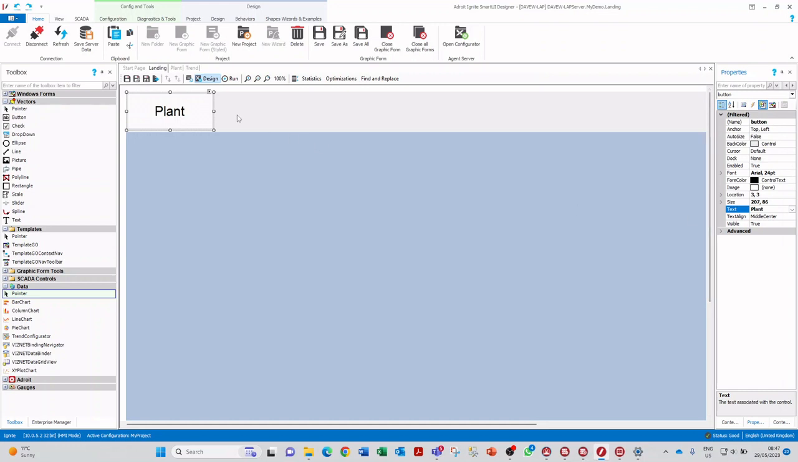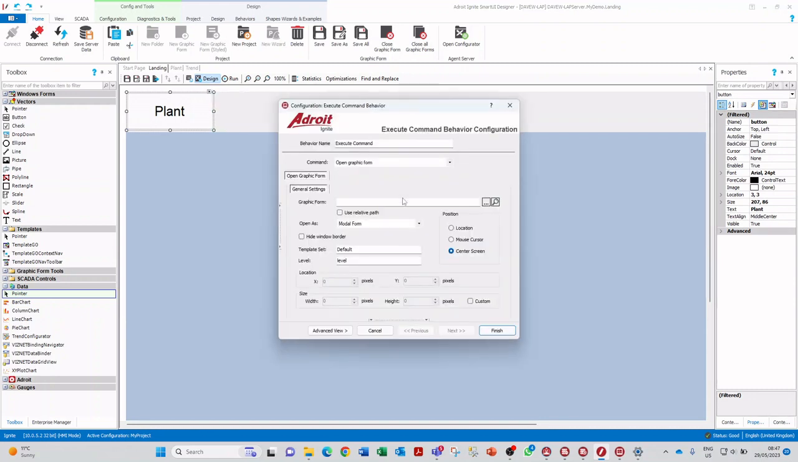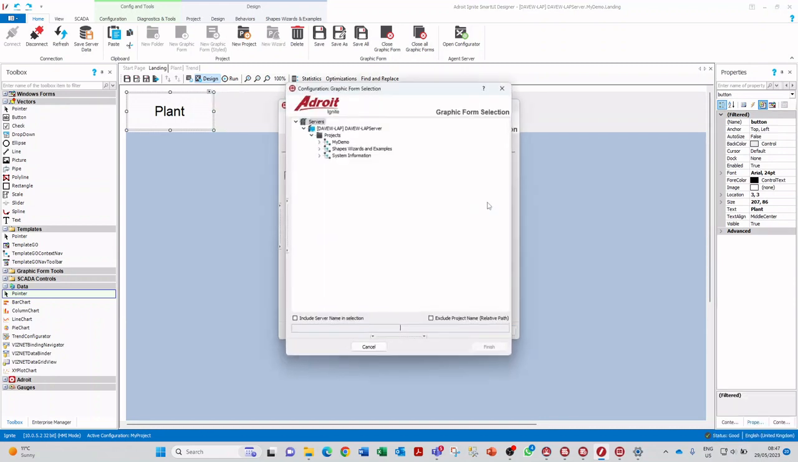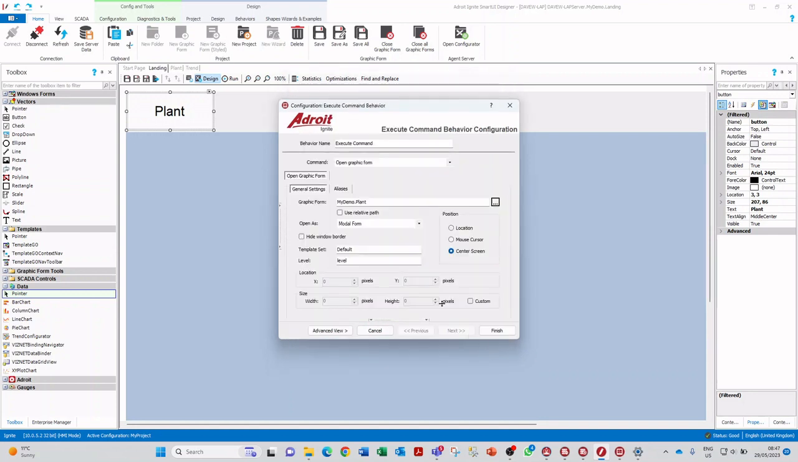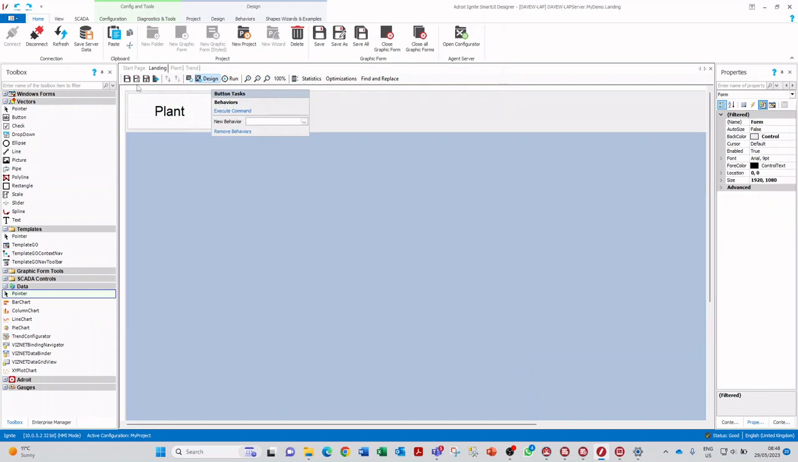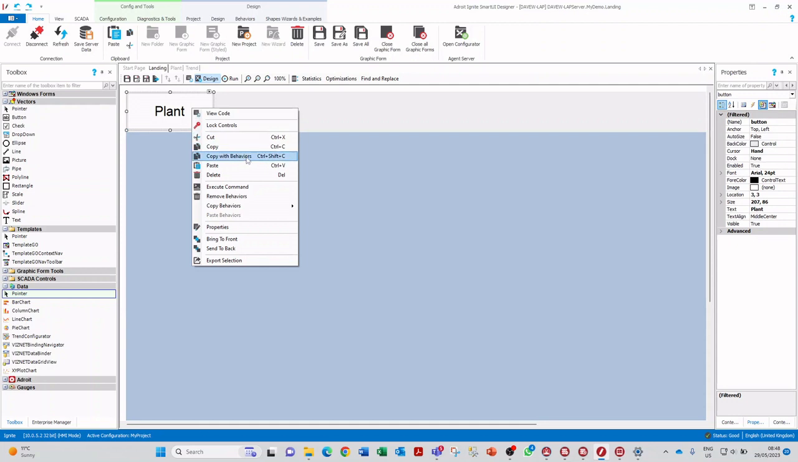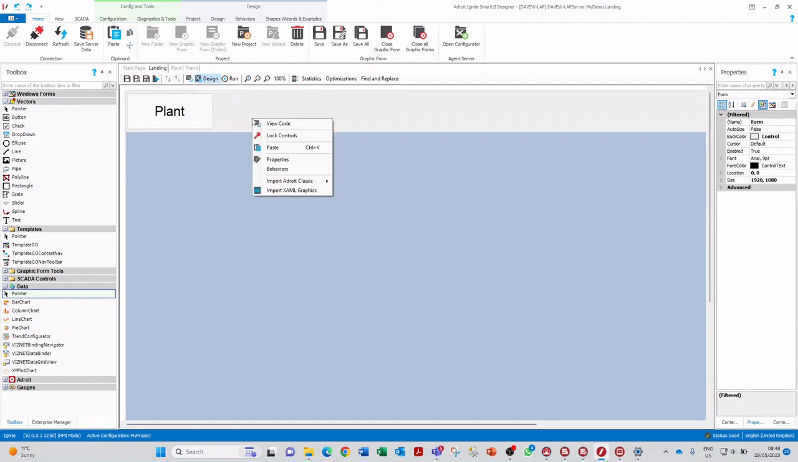That's when I click on that, I want to load the plant graphic form within here. And we are now familiar with behaviors, so from the smart tag, or an execute command behavior I should say, we browse to our graphic form called plant, and that I want to load not as a modal form but into a template graphic object. Let's save that. And now I'm going to right click, copy with behaviors so I don't have to repeat that,